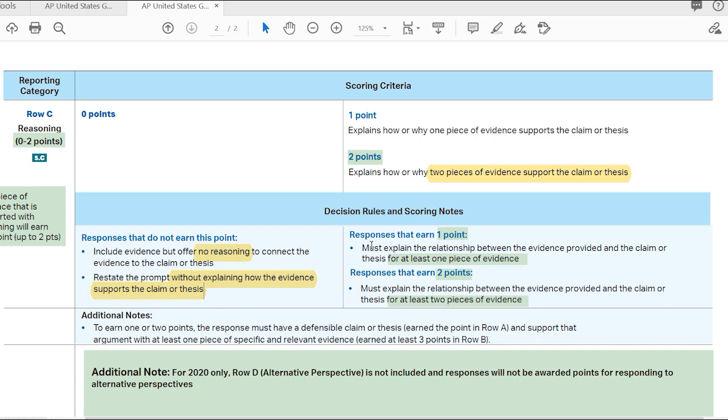Responses that earn 1 point for reasoning, you have to explain the relationship between the evidence provided and the claim or thesis for at least one piece of evidence. So it's all about the relationship between your evidence and the thesis statement. This is what connects the evidence to your thesis statement. Okay? So, for example,